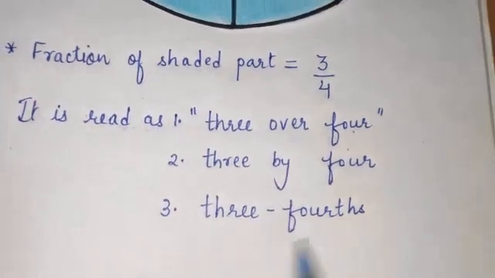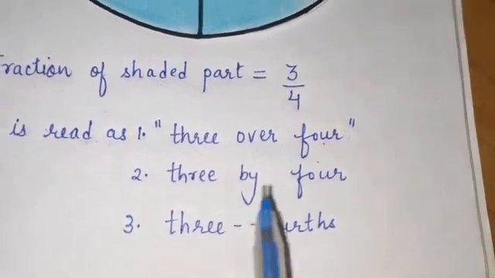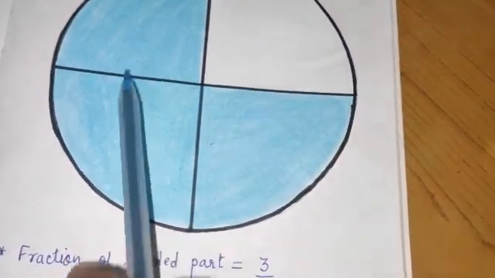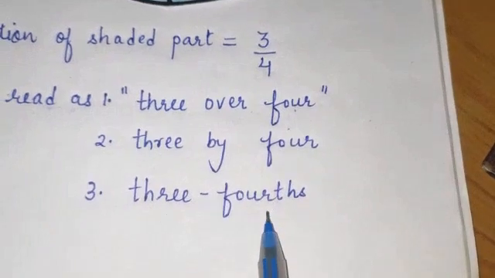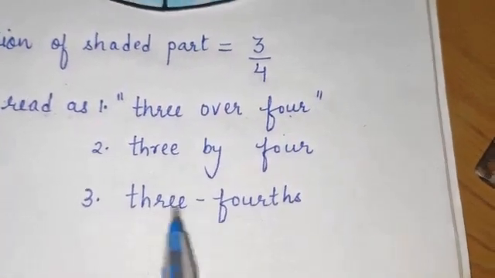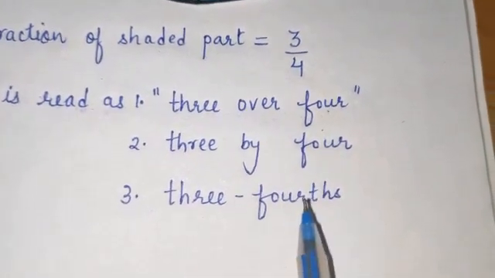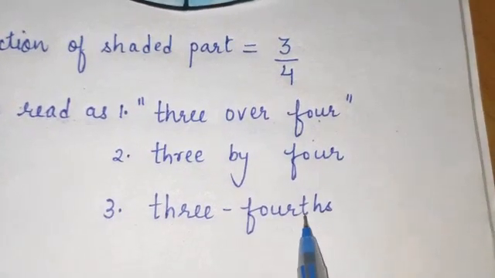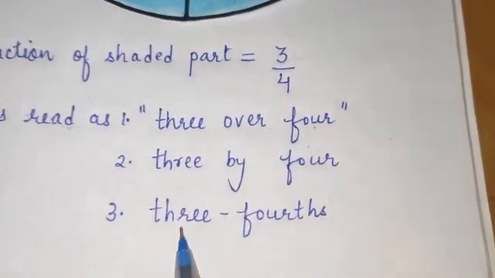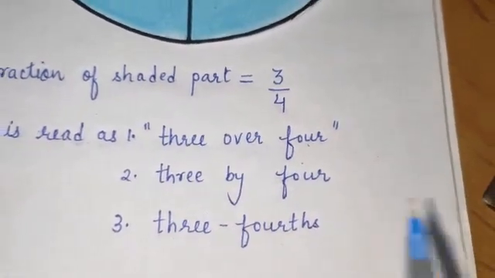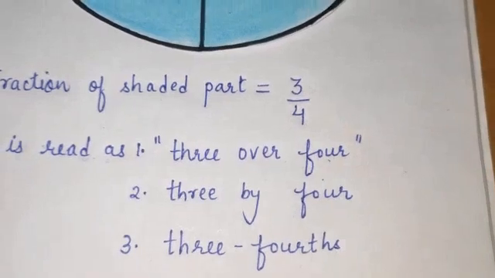Then in another way you can write it as "3-fourths". Okay, because the shaded parts in this circle are 3 in number, it will be plural. So हमने क्या किया, 4 parts में से 3 parts shade किया. So the fraction would be read as 3-fourths. आपने 4 लिखा, 4 के बाद आपने THS लगा दिया. S हमने क्यों लगाया, because यहाँ पे 1 पार्ट नहीं है, 3 पार्ट है. ठीक है, the number of parts is more than 1, so it will be 3-fourths.